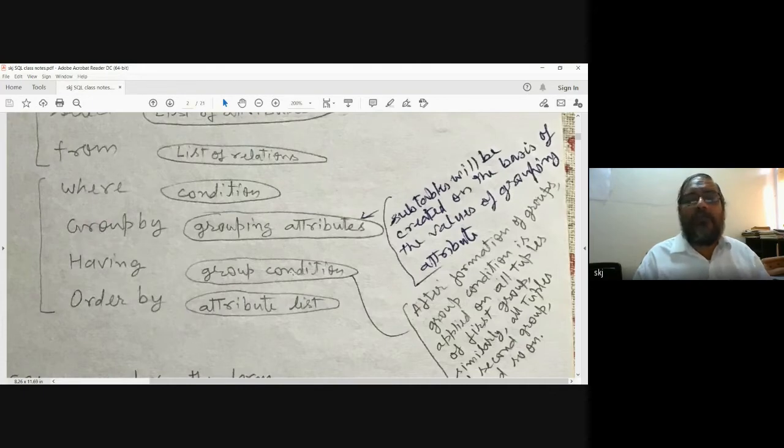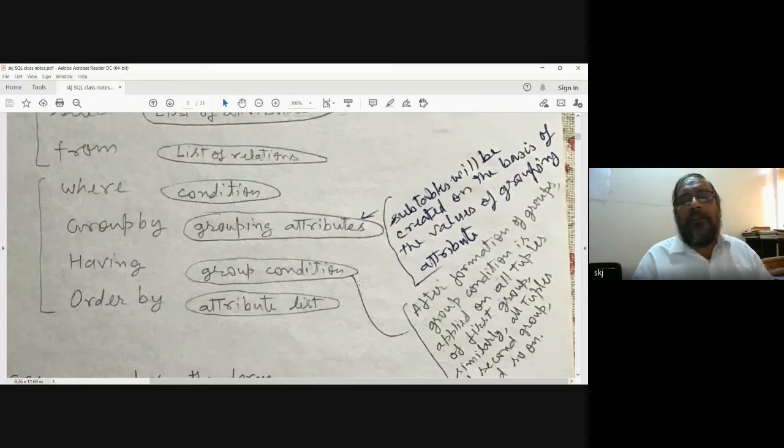Here the grouping condition is written, and here are the grouping attributes. Some grouping attribute we might have, and based on its values the subtables are created.